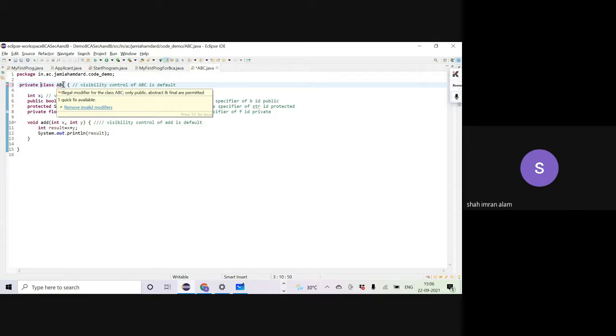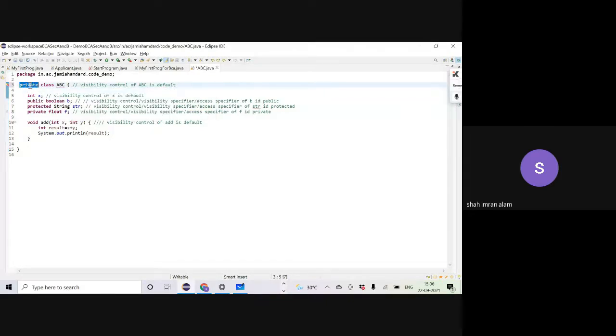ठीक है, ये सारी चीजें सेम चीज है. Modifier is a more general term, and when we say modifier, there could be not only visibility specifier, but there could be other things like abstract and final. So modifier is a more general term, a kind of a superset. ठीक है, धीरे धीरे आपको बात और आगे समझ में आएगी जब हम दूसरे मॉडिफायर जैसे एब्स्ट्रैक्ट हो गया, फाइनल यहाँ पे बता रहा है, इन सब के बारे में पढ़ेंगे तो आपको समझ में आ जाएगा कि मॉडिफायर का और स्पेसिफायर का या विजिबिलिटी कंट्रोल का बहुत पार्टिकुलर डिफरेंस क्या होता है.